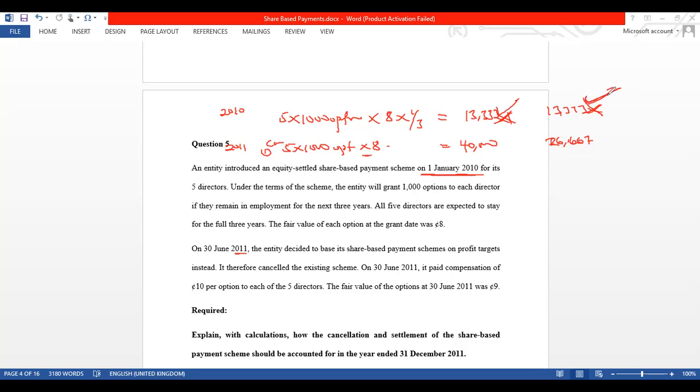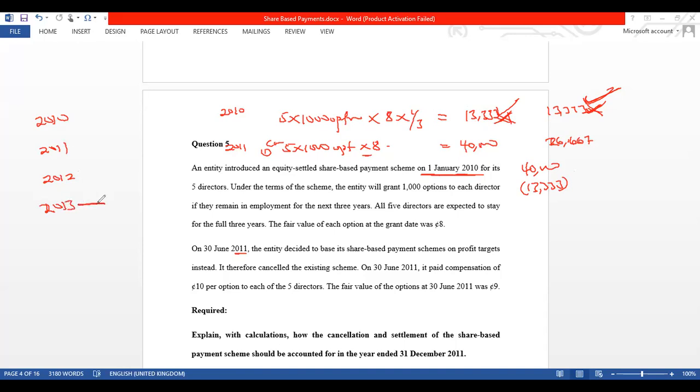How do you remove these things from your books? That is why I did 40,000 minus the 13,333 that you have done before. It can't be there because the thing has been canceled. You have to remove it. Okay, sir. Then that means I have to add all the 2010 to 2013 and subtract it. So you are telling me that, assuming the question started from 2010, 2011, 2012, 2013. Is that not what you're asking?